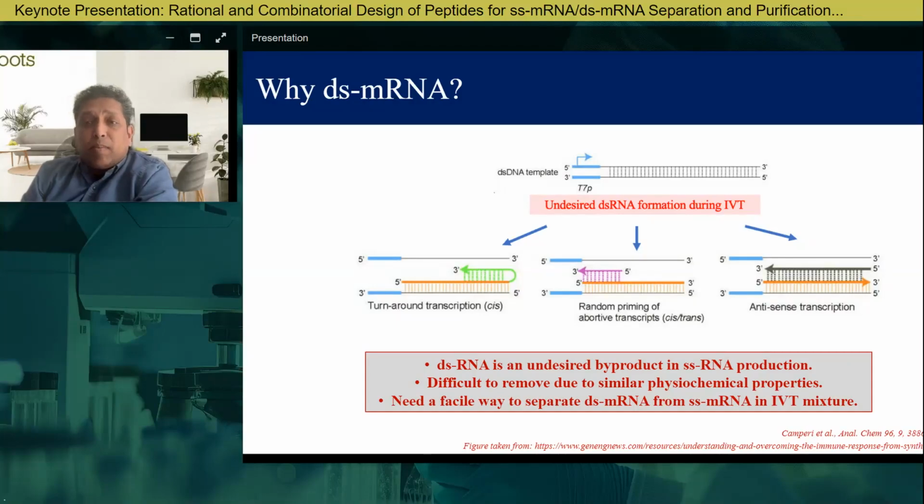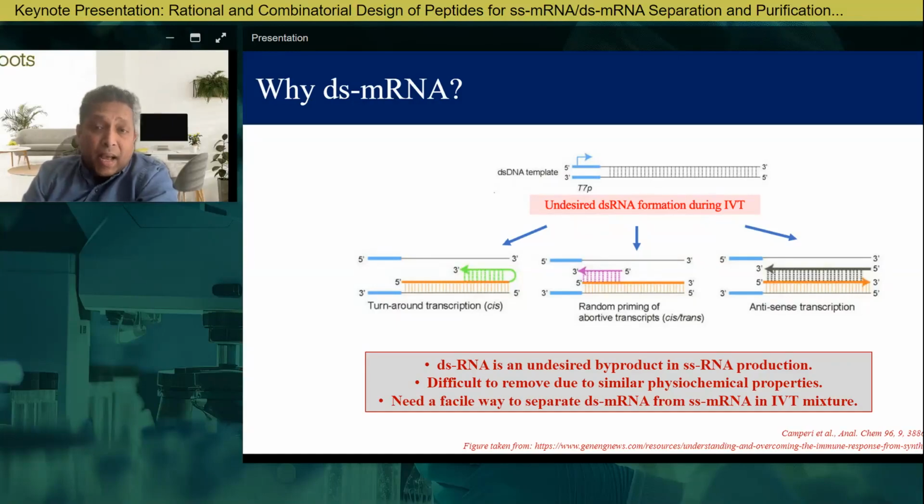The second, from a process standpoint, this is an impurity. The double-stranded RNA is an impurity that's difficult to remove because it shares many of the same physicochemical properties that define the single strand. And so this is really like trying to find a needle in a haystack. You're trying to take advantage of few subtle differences between the single-stranded and double-stranded. And so it was very clear to us when we were first introduced to this problem, we started thinking about it, that there is